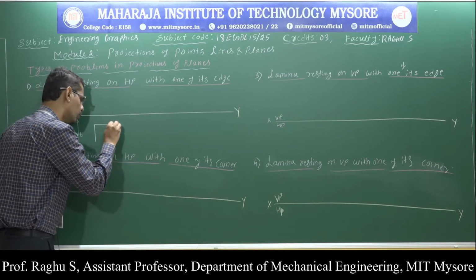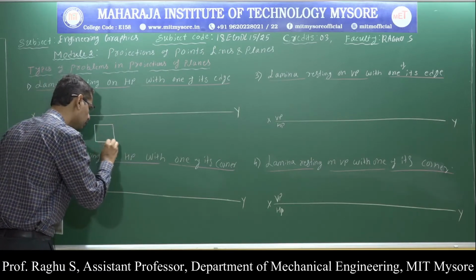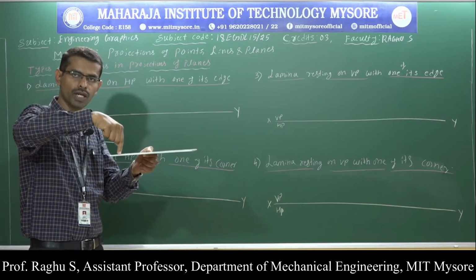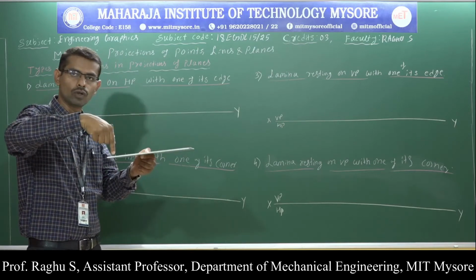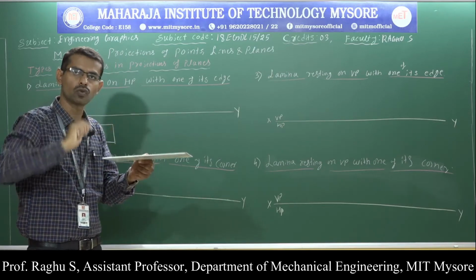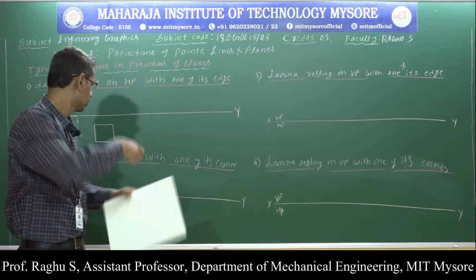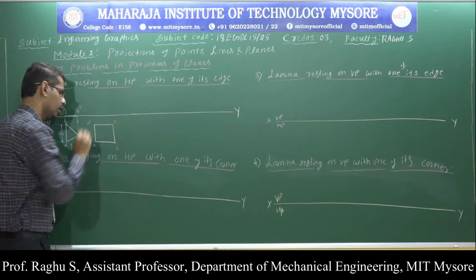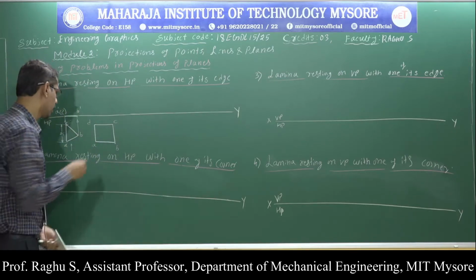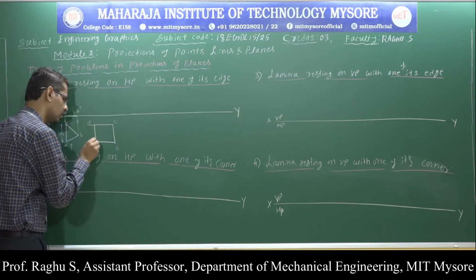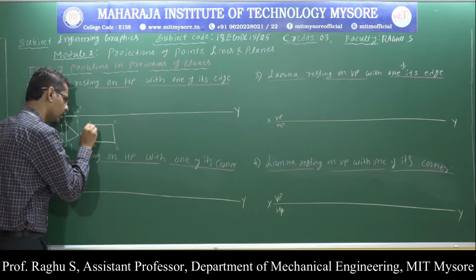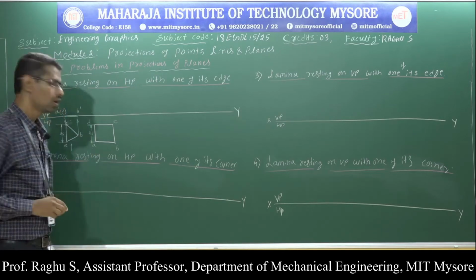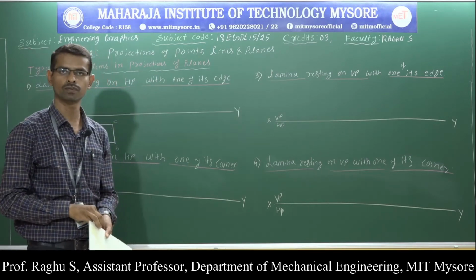Now draw the top view. When you look from the top of the object, we are going to see a square shape. This is the top view. Now do the naming: ABCD, four corners. Next indicate the dimension. Draw the extension line. Let it be 25 mm. I have completed the top view.